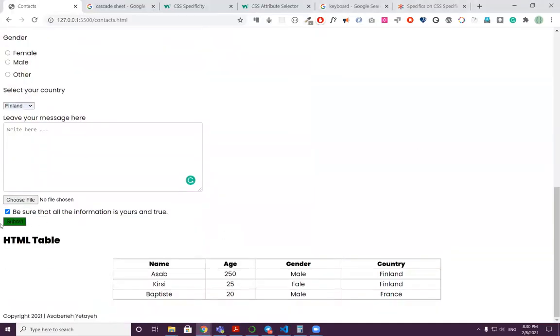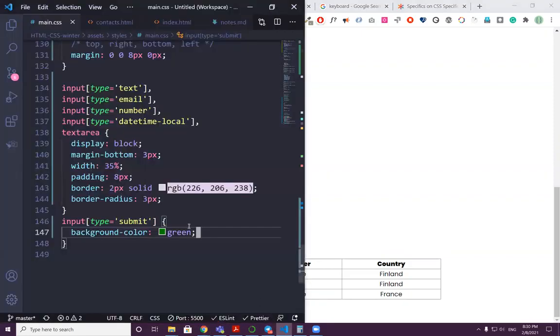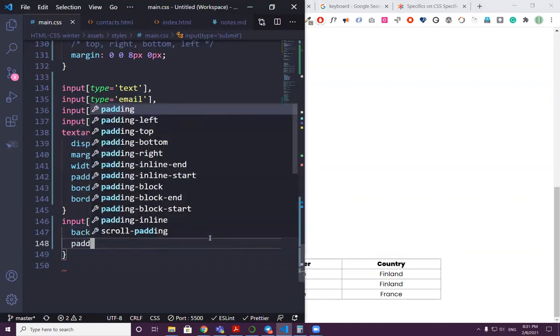Yeah, actually we managed to select it, but let's make it also look much better than that. Okay, let's add padding of maybe